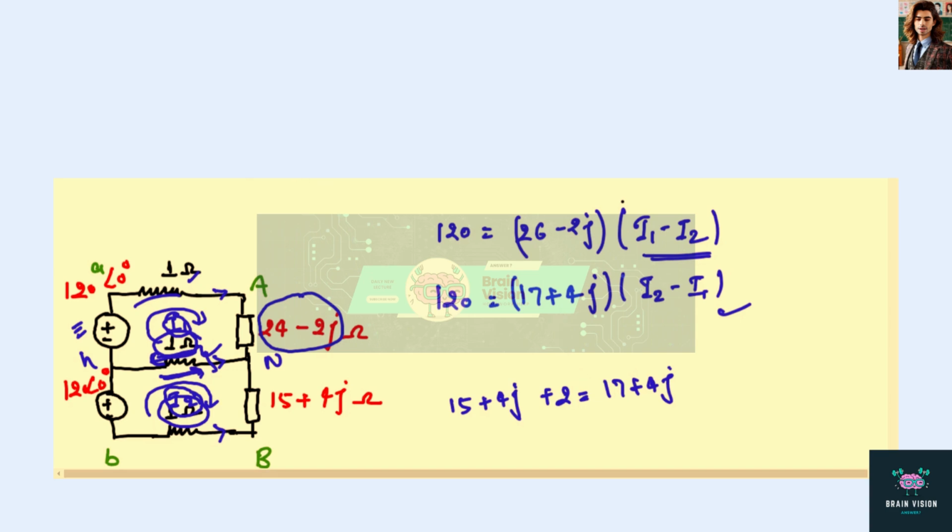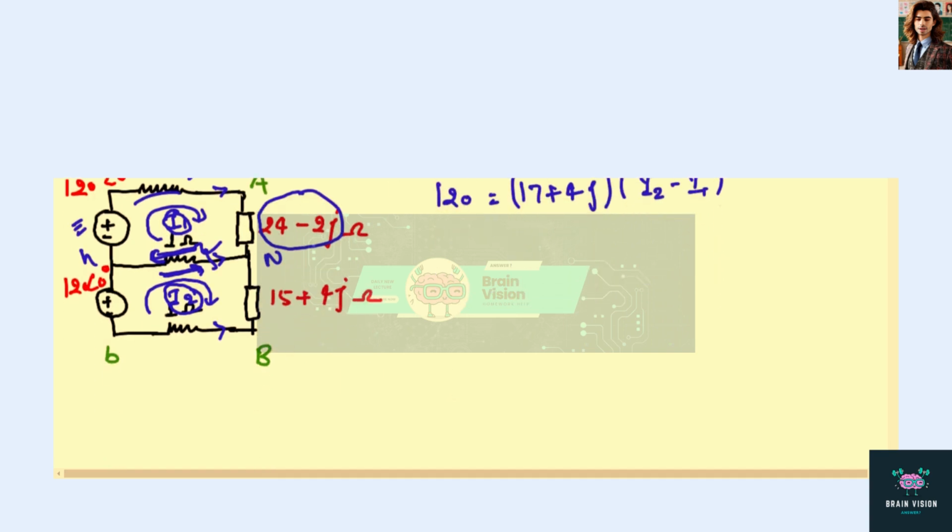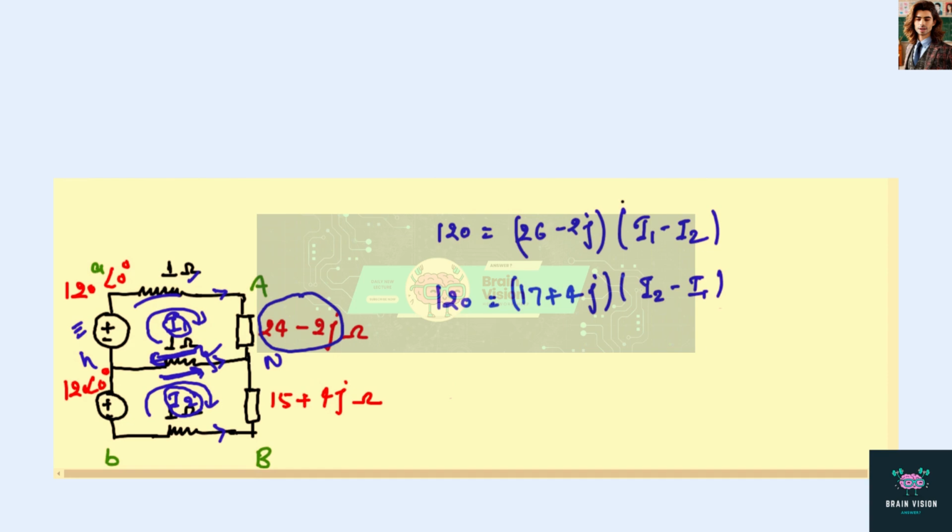So let's erase it. These two are our final equations for mesh 1 and mesh 2. Now I'm going to solve these two simultaneous equations with the help of matrix analysis. If we write a matrix, these two 120s are over here, which will become equal to